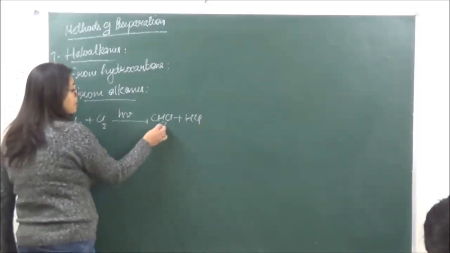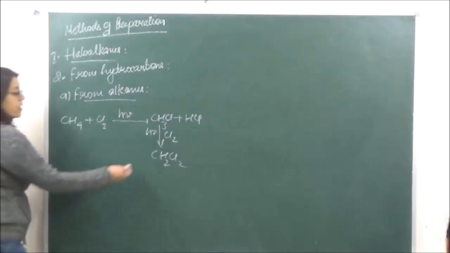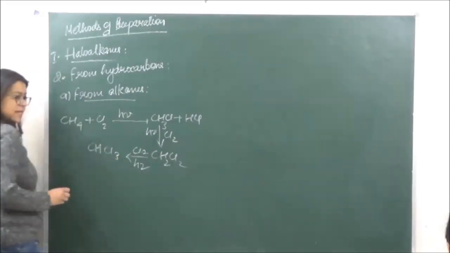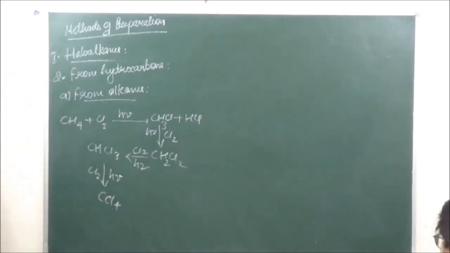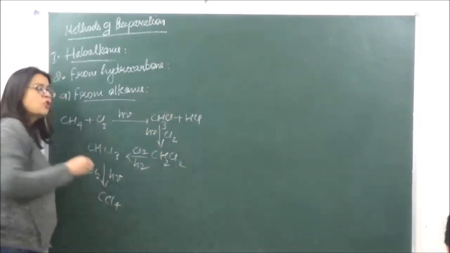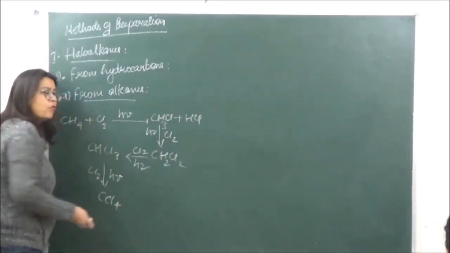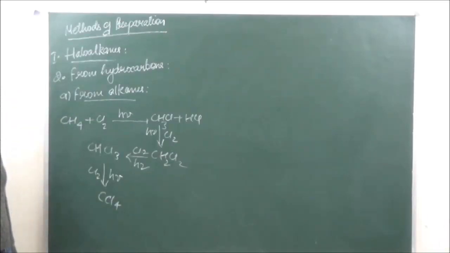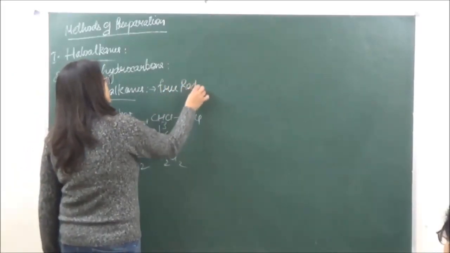Now this is going to be a chain reaction. So the CH3Cl formed here reacts further with Cl2 to give methylene dichloride. Then it reacts further to give chloroform, CHCl3, and this reacts further to give carbon tetrachloride. So over here, this method is not a suitable method for the preparation of haloalkanes in the laboratory, because we are going to get a mixture of all these products. Okay? We will get CH3Cl, CH2Cl2, CHCl3 and CCl4 as well. And because their boiling points are very close, separating them is going to be difficult.